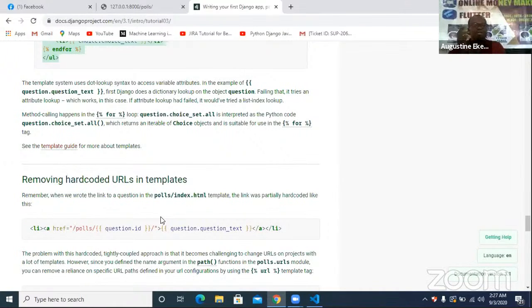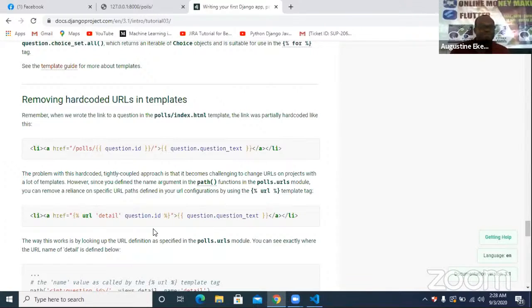So, removing hard-coded URLs in templates. Remember when we wrote the link to a question in the pool/index.html template, the link was permanently hard-coded like this. So this was how it was linked, but we're going to change that. The problem with this hard-coded, tightly coupled approach is that it becomes challenging to change URLs on projects with a lot of templates. However, since we defined the name argument in the path function in the pool.urls module,